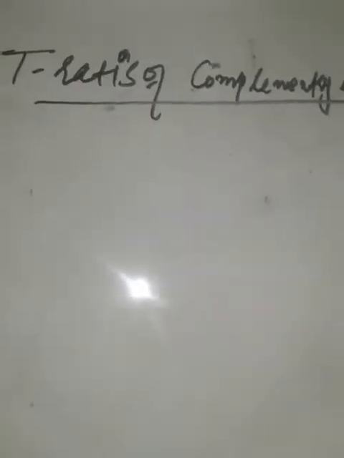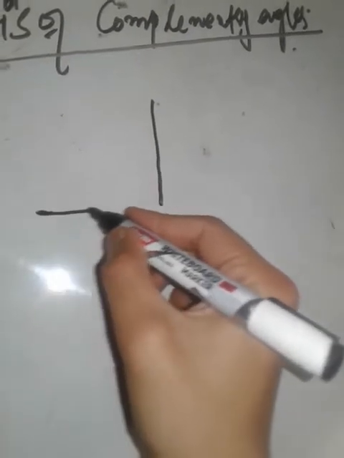What are complementary angles? You know that two angles are said to be complementary if their sum is 90. Now let's start. We have a triangle, suppose